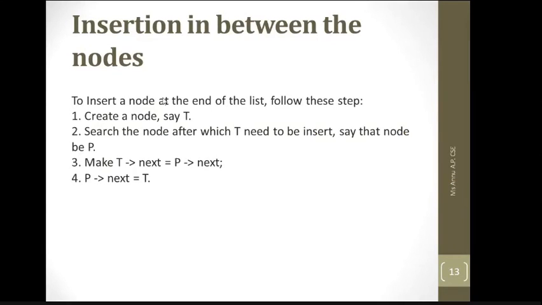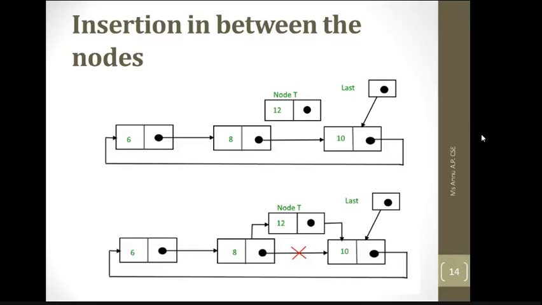If you need to insert at any given position, what you have to do in that case is first search that position where you want to insert, and then accordingly assign the pointers. Let's have a look at this given example. We have a list of 3 nodes 6, 8, 10, and you need to insert the new node 12 somewhere between 8 and 10. Or the position is given to you as the third position. How will you insert this given node?